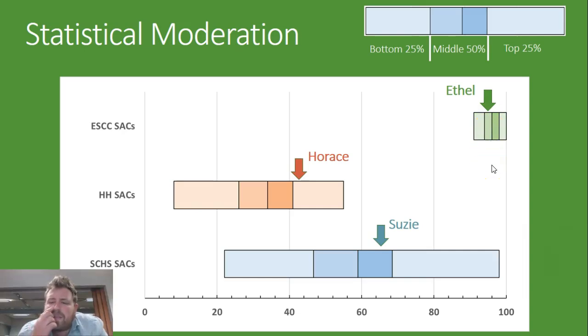It's worth taking a little bit of time to think about what these graphs mean. Each of these little boxes here represents 25% of the students at a school. So at Hardmark High, the lowest performing student is getting about 10% on their SACs. The 25th percentile student is getting about 25. The median student, about 35. The student three quarters of the way up the scale is getting a bit over 40, and then their very top student is only getting about 55%. So they really are living up to their name. So that's how to read these boxes here.